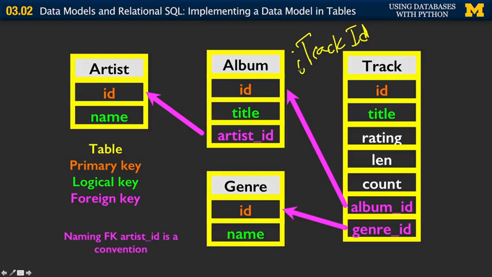Or maybe they call it P track ID for primary key, right? So that would be the name of this thing. And you're in this company and you're like, whoa, P track ID, that looks like crap. It's a terrible, stupid idea. Well, don't do that. I mean, this is not a superior naming convention to this other one, however they do this other one, right? What's important is that there is a naming convention,